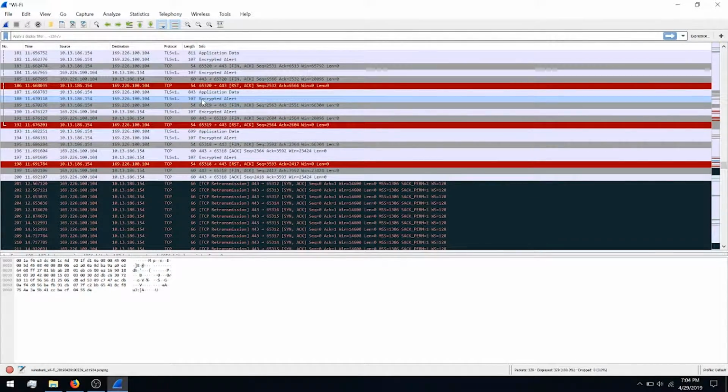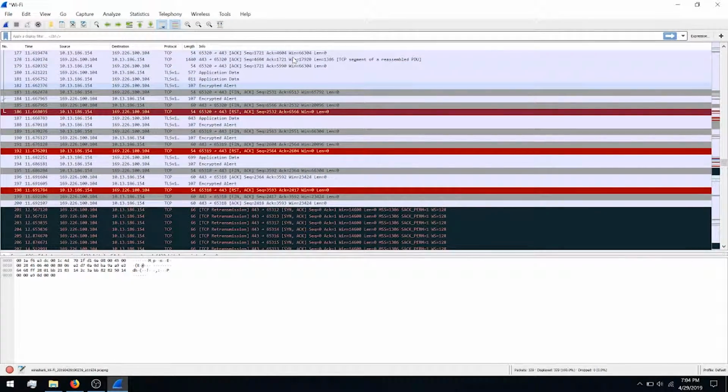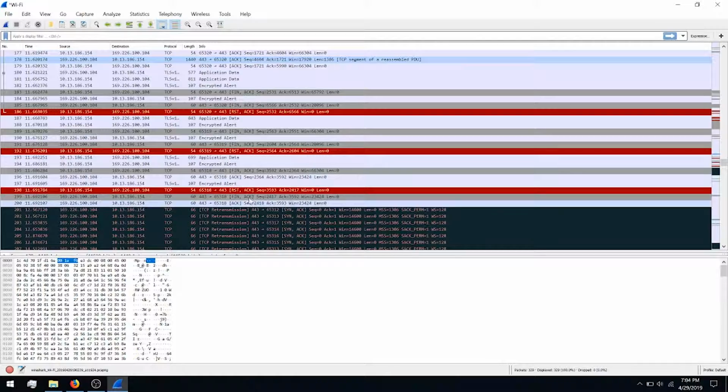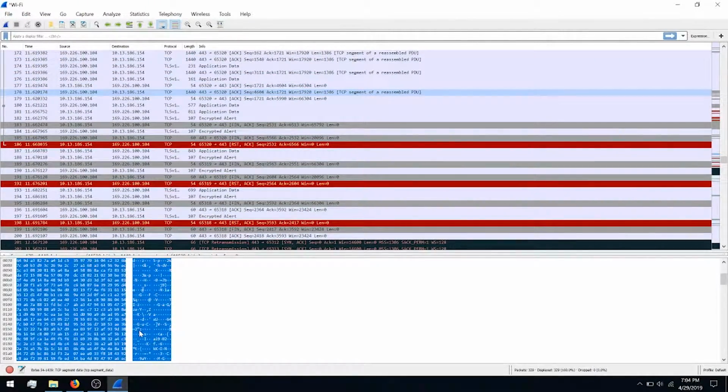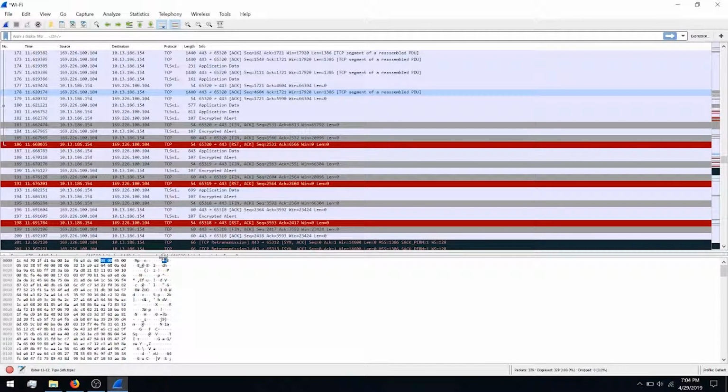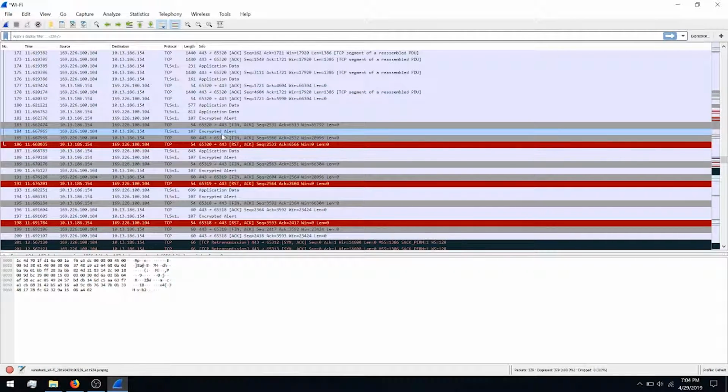So if we come down here, this is the part of Wireshark which will show you all of the raw data that you have captured in your packet. So if we go up here to, let's try to find one. Yeah, so if we go to this one, this is just a random TCP packet, so it's just gibberish to begin with. But you can see you have the hex code on your left, which is then getting translated to plain text. But whereas if we go to the encrypted packet, you can see it's even more gibberish because it was